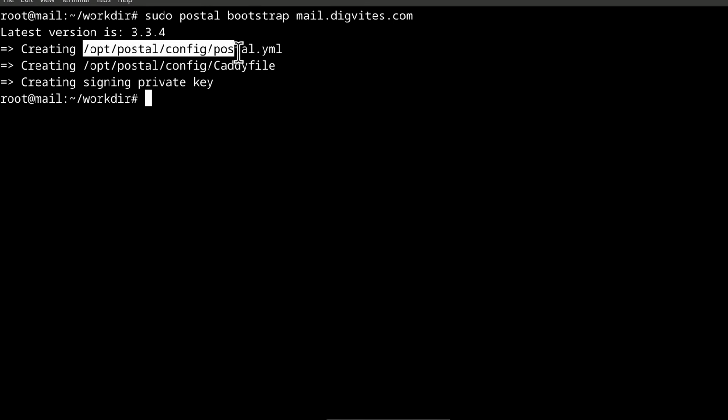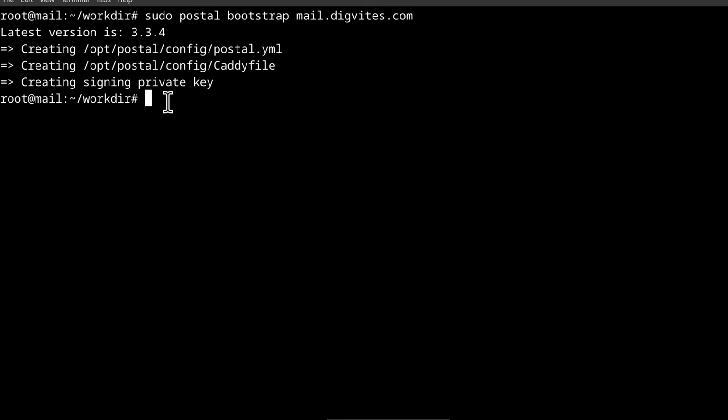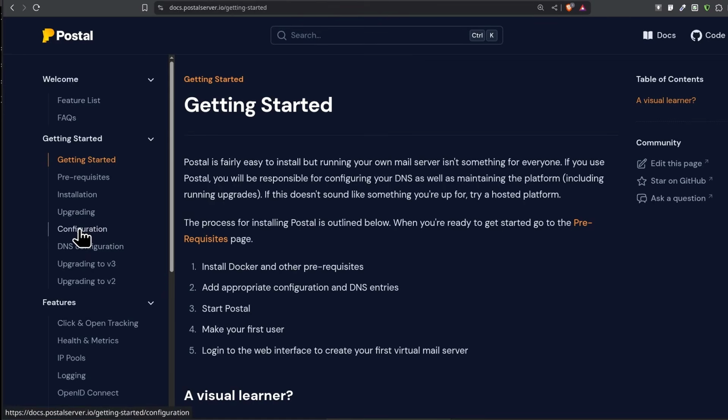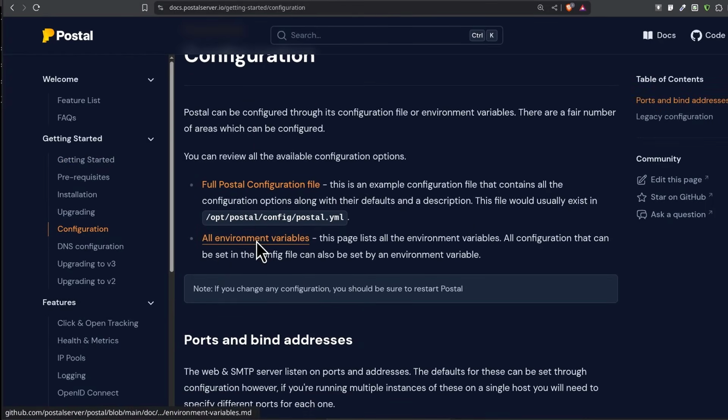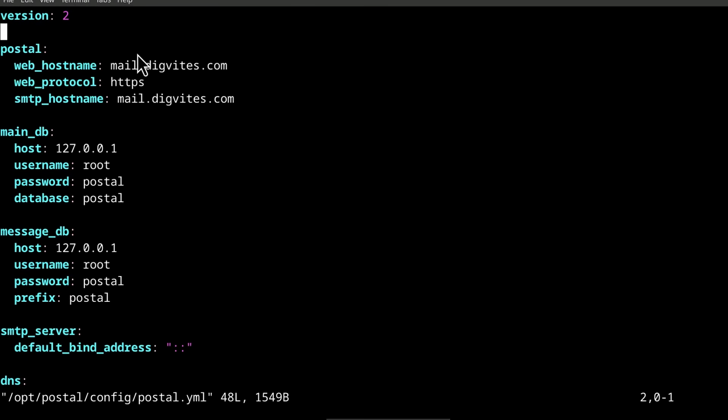For now, let's add the database details for this. So you can also use an env file to add the database details for that, but I'm just going to add it directly. You can use what is provided in the documentation, the env. If you come here under configuration, you can see all the possible environment variables, and you can use that in an env file. But in my case, I'm just going to add the database in this YAML configuration file. So since the web host name, this is where you access Postal on the browser, I want to use a different domain here. So I'm going to use mail app.